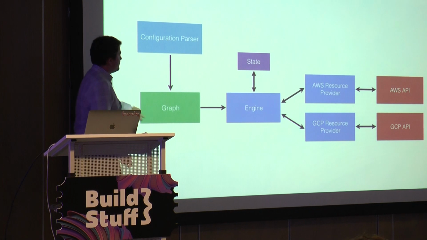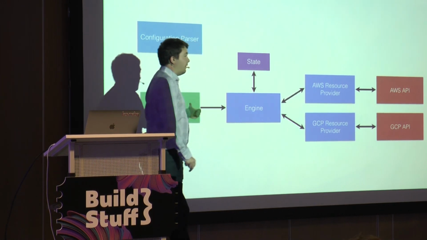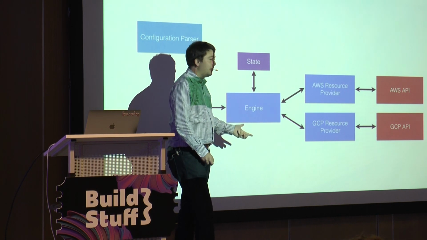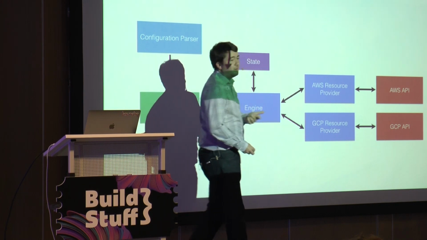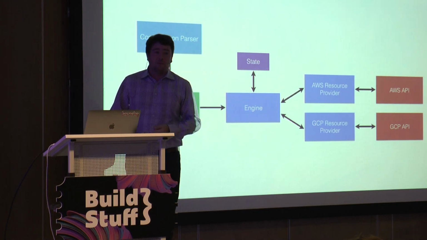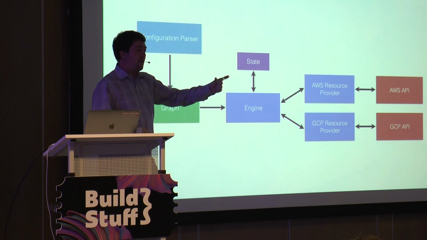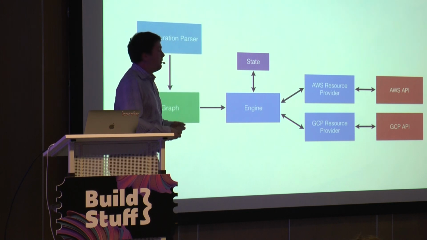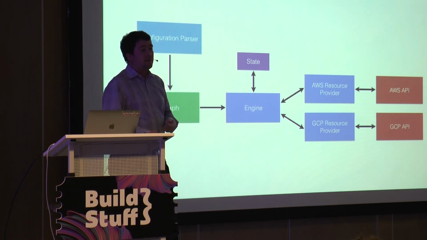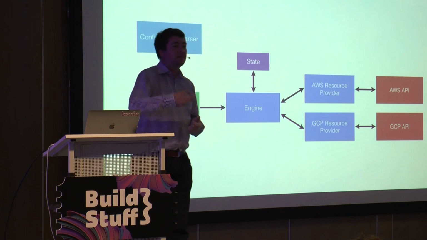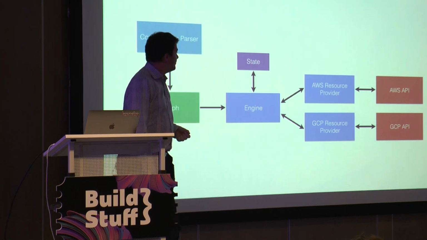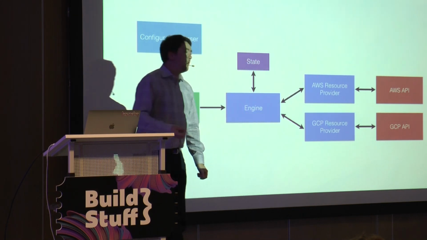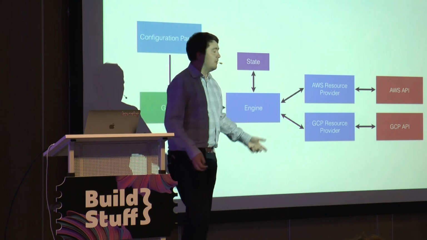And then you have an engine which takes the graph of what you want and takes the state of how it already is, according to the service, and works out a diff. So the diff is what is the difference between what's in the cloud now, in this particular case, and what I've said I want. And it comes up with a set of actions which are needed to get the cloud in question from the state that it's in now to the state that you said you want it to be in. And then there's some various resource providers which effectively provide a create, read, update, delete style interface to the remote cloud APIs.